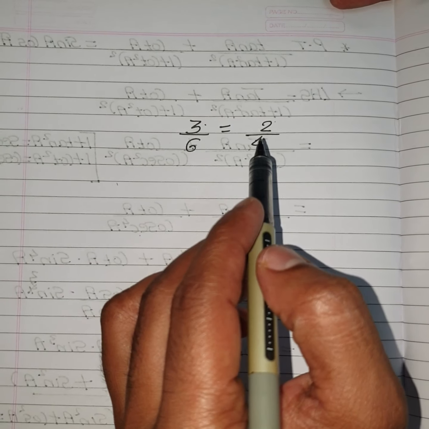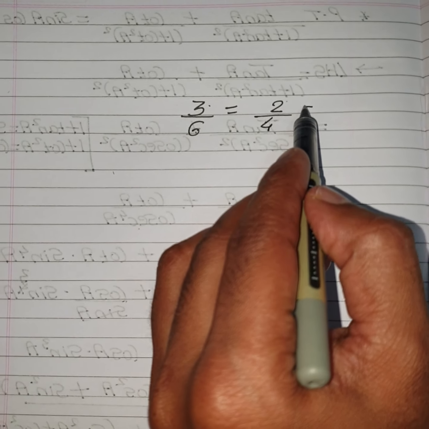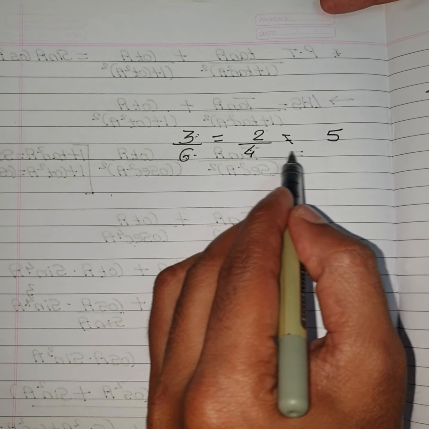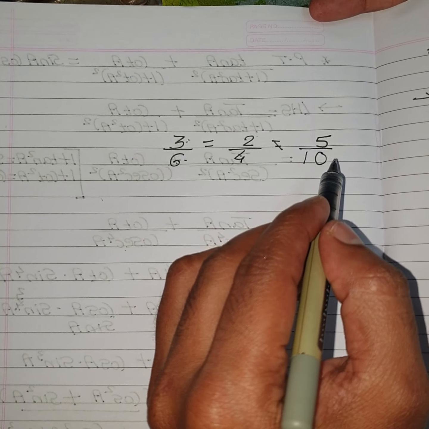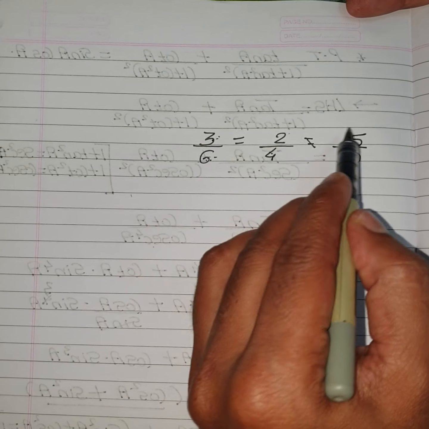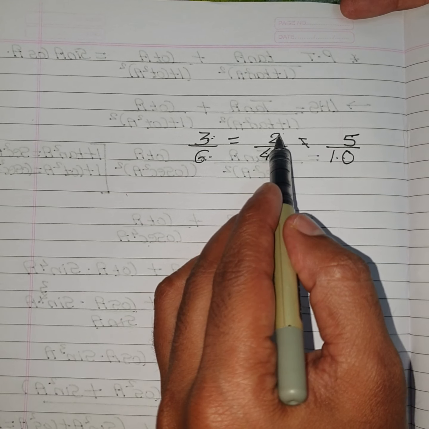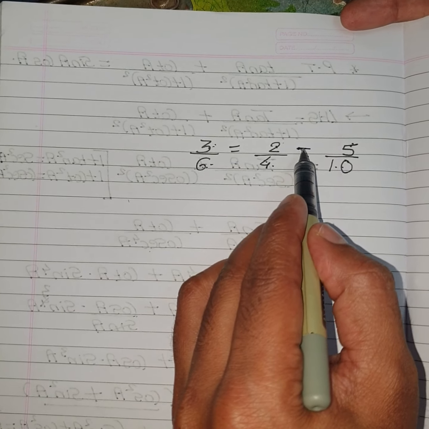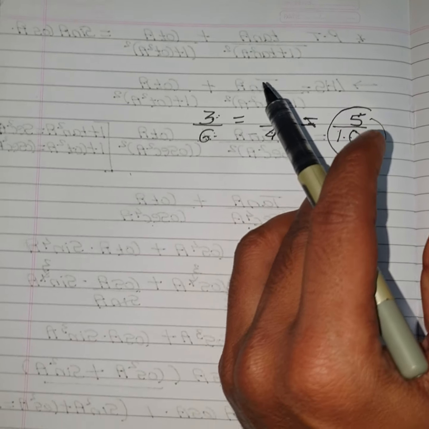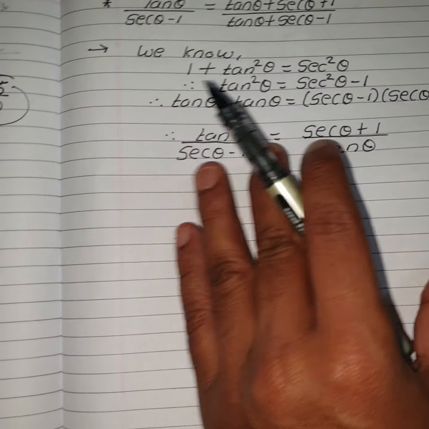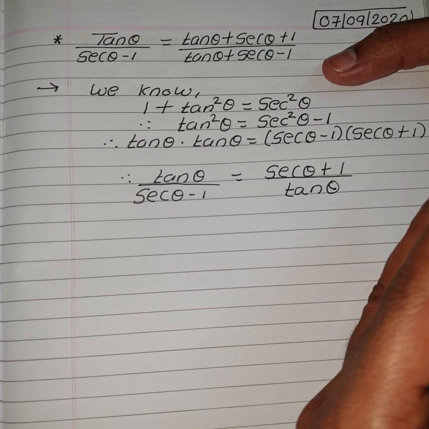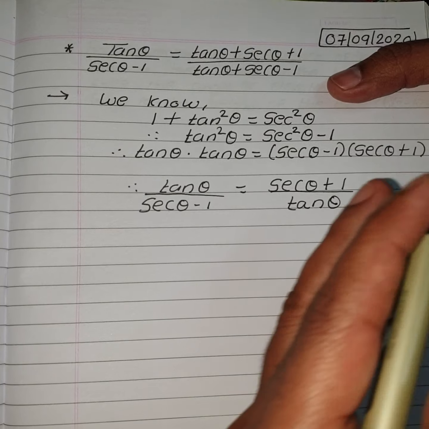Now what I am doing, by applying the theorem on equal ratios, I am adding these two ratios. So what will I get? 3 plus 2 is 5, 6 plus 4 is 10. Now let's see whether this ratio is equal to the given two ratios. 10 3s are 30, 6 5s are 30. Yes, they are equal. 10 2s are 20, 4 5s are 20. So the resulting new ratio is equal to the given two ratios. So what does the theorem on equal ratios tell us? That if two ratios are equal, if we subtract those two ratios or if we add these two ratios, the resulting new ratio is equal to the given ratios.